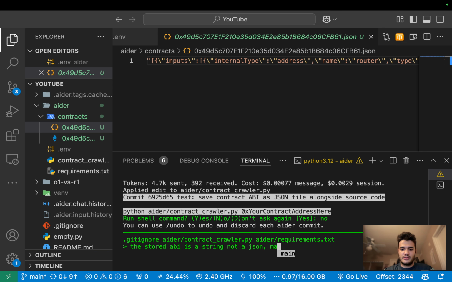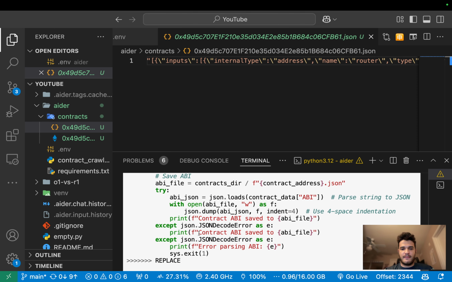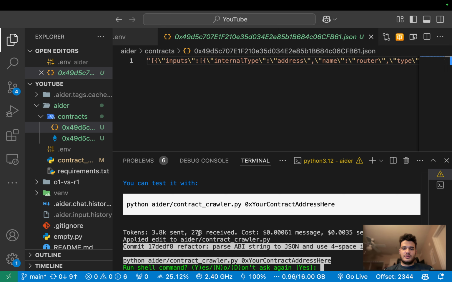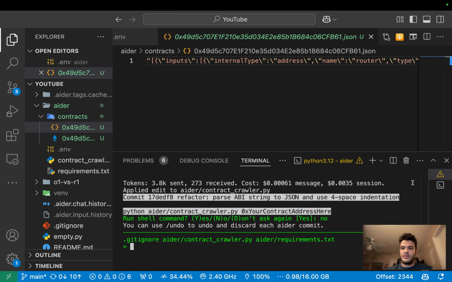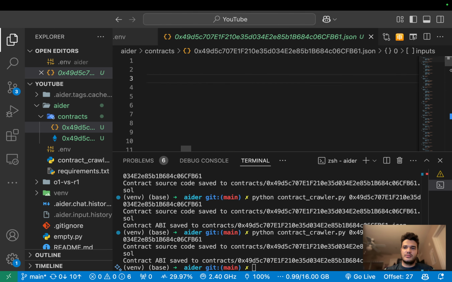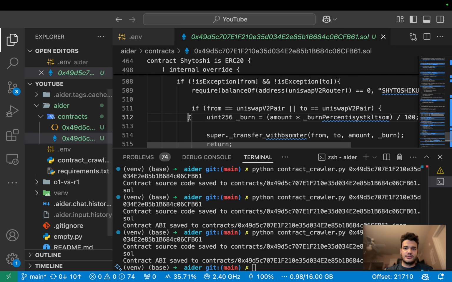So I'm gonna make it JSON and use four space indentation. Okay, so it fixed the code,